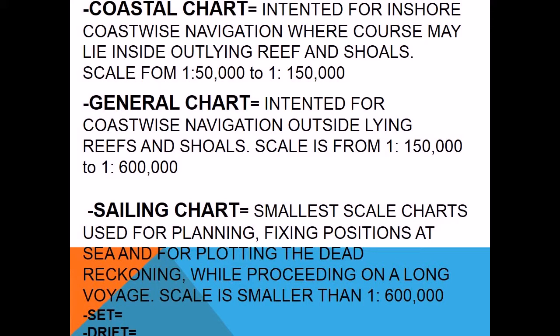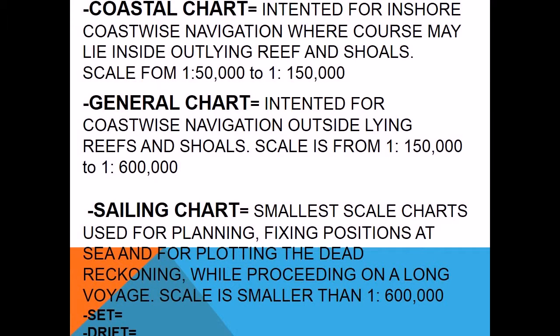Coastal chart: intended for inshore coastwise navigation where course may lie inside outlying reefs and shoals. Scale is from 1:50,000 to 1:150,000. General chart: intended for coastwise navigation outside lying reefs and shoals. Scale is from 1:150,000 to